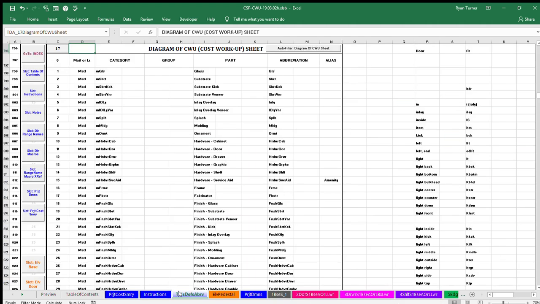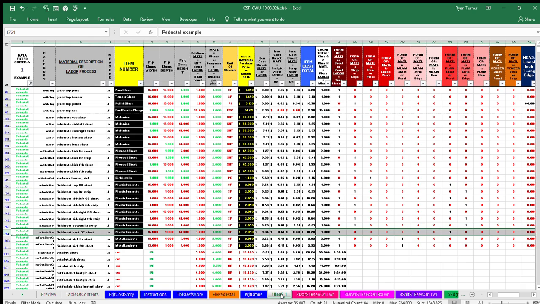On the table's definitions and abbreviation sheet, Table 17, diagram of the cost workup sheet, demonstrates the structure. Row 764 is FINISHBACK, which is Finish Substrate Back Outside Sheet. Enter $2.05 per square foot for plastic laminate in cell T764. When the price is entered in cell T764, the total material cost, $10.28 for that piece of material, is calculated